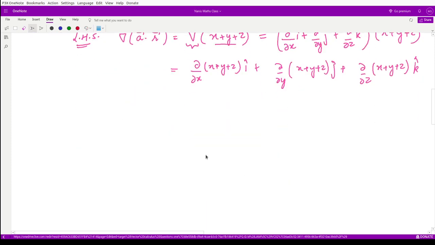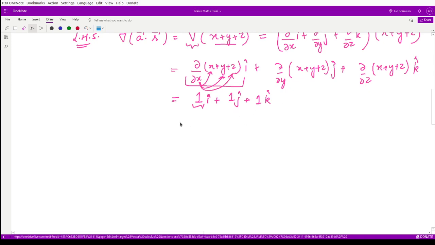So when you take the partial derivatives, here the partial derivative with respect to x would be 1. So you have 1 i cap plus 1 j cap plus 1 k cap. Why? Because if you solve this quantity, you are taking the partial derivative with respect to x. So that means y and z would be treated as constant. So its derivative would be 1, plus the derivative of y would be 0, plus the derivative of z would be 0. So we only have 1. Similarly for the other terms.